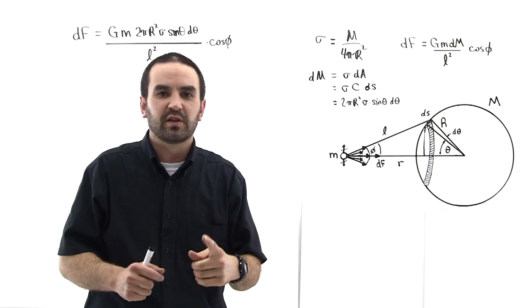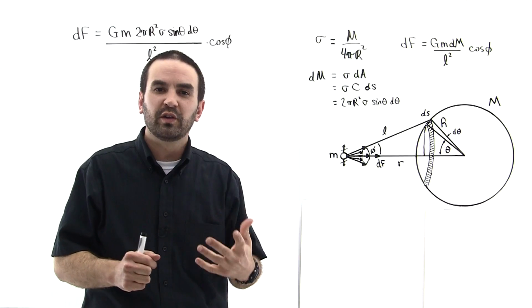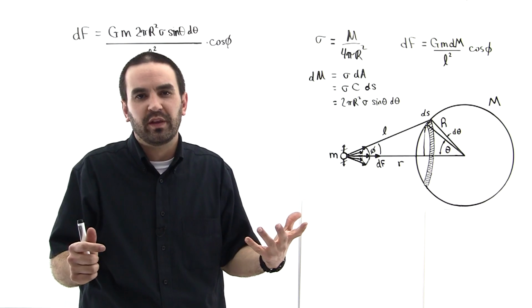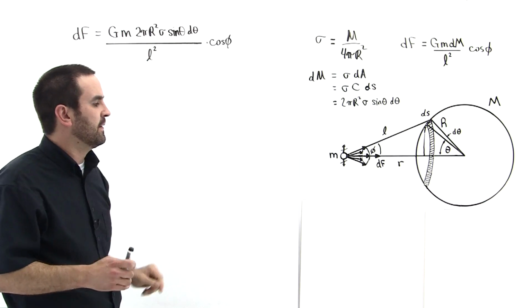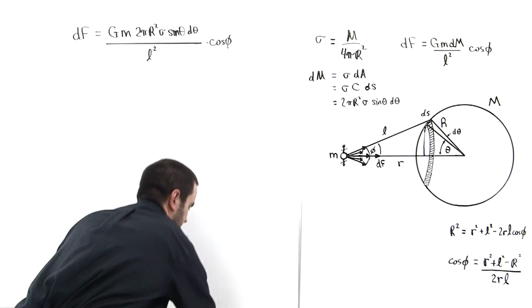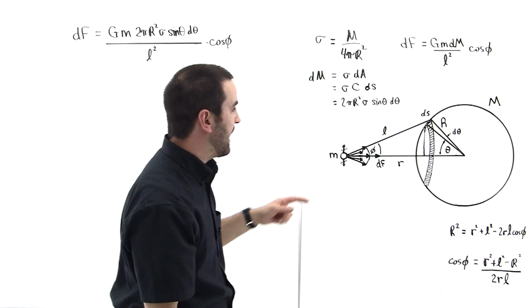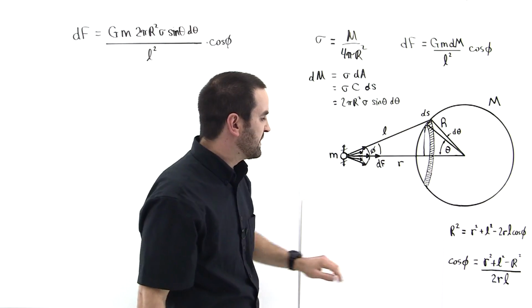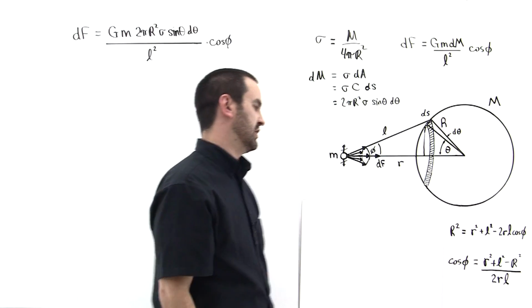We need to integrate in terms of one variable, so we need to eliminate two of them. We just need to choose which two we want to eliminate. So let's choose to eliminate theta and phi. We can do so by considering the law of cosines twice. First, let's consider where the major hypotenuse is R, capital R that is. We obtain this expression, and then we solve for the cosine of phi, and we obtain this expression.